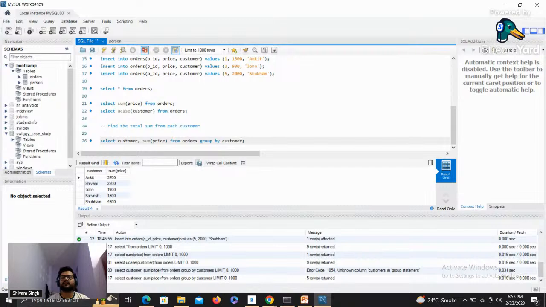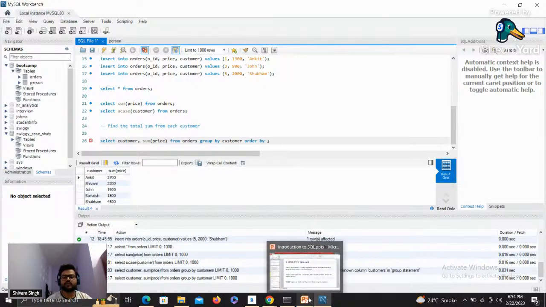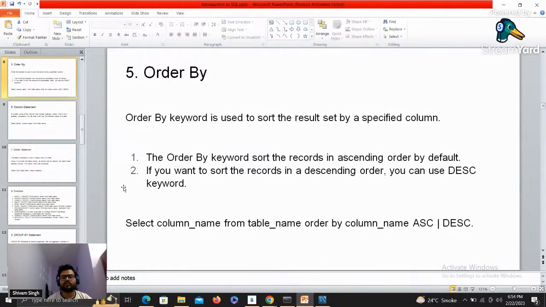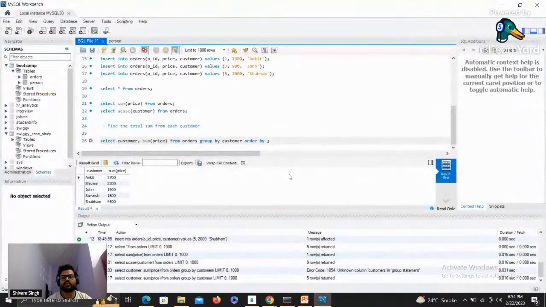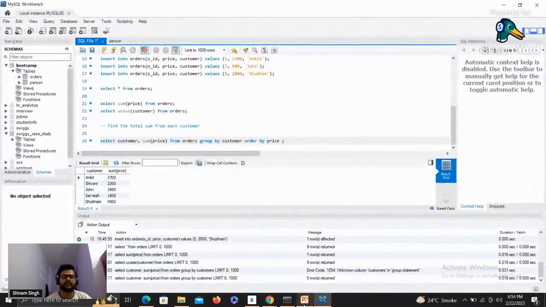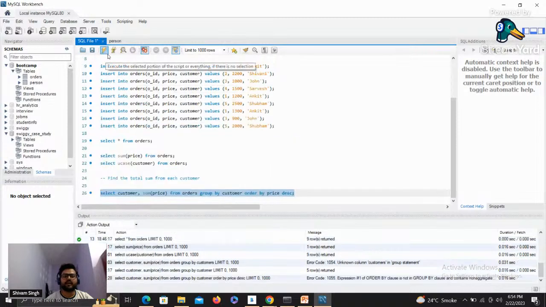Right now this is not in ascending or descending order. Suppose you want to do it, so you can write order by. I think yesterday itself we discussed this order by. And you can write the column name over here. So the column name is nothing but price, order by price. And I can write DESC, because I want to see it in descending order, so the maximum price